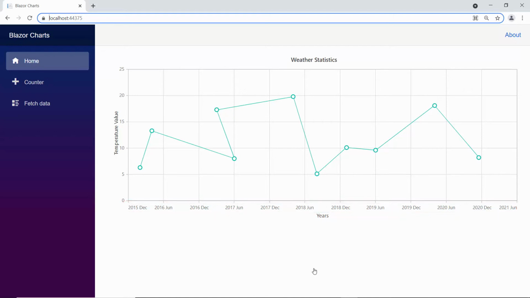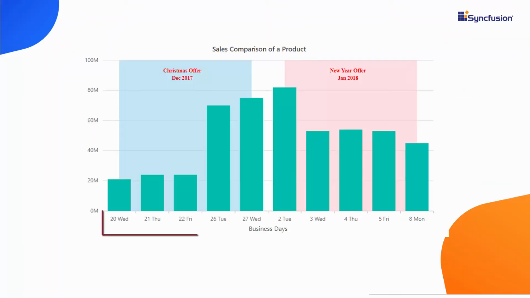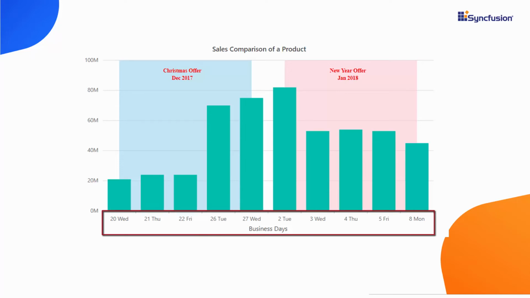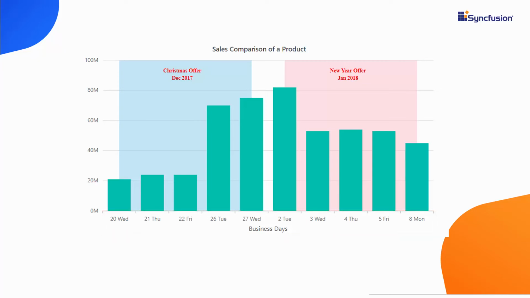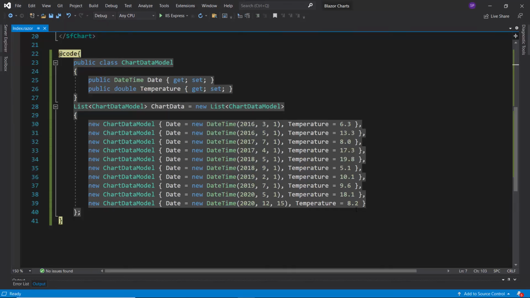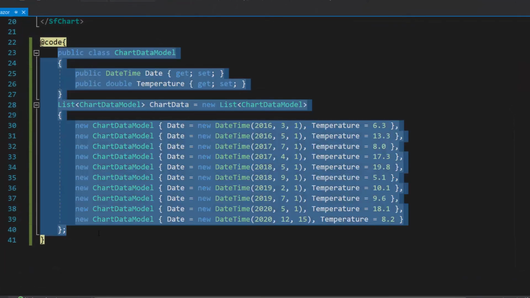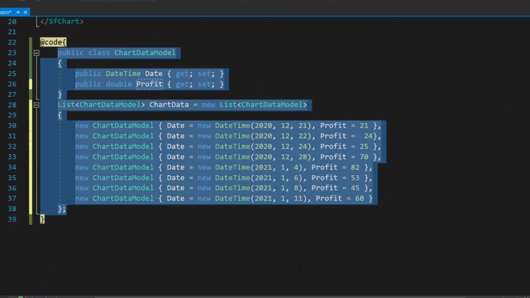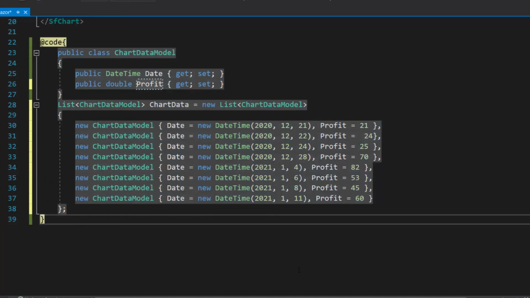Finally, I will show how to display only the business days of a week in the datetime axis, that is, nonlinear intervals. I may need to use the datetime category axis in the Blazor chart to achieve this. To show this axis type with better clarity, I will bind stock market data as the chart's data source, as stock prices usually change only on weekdays.